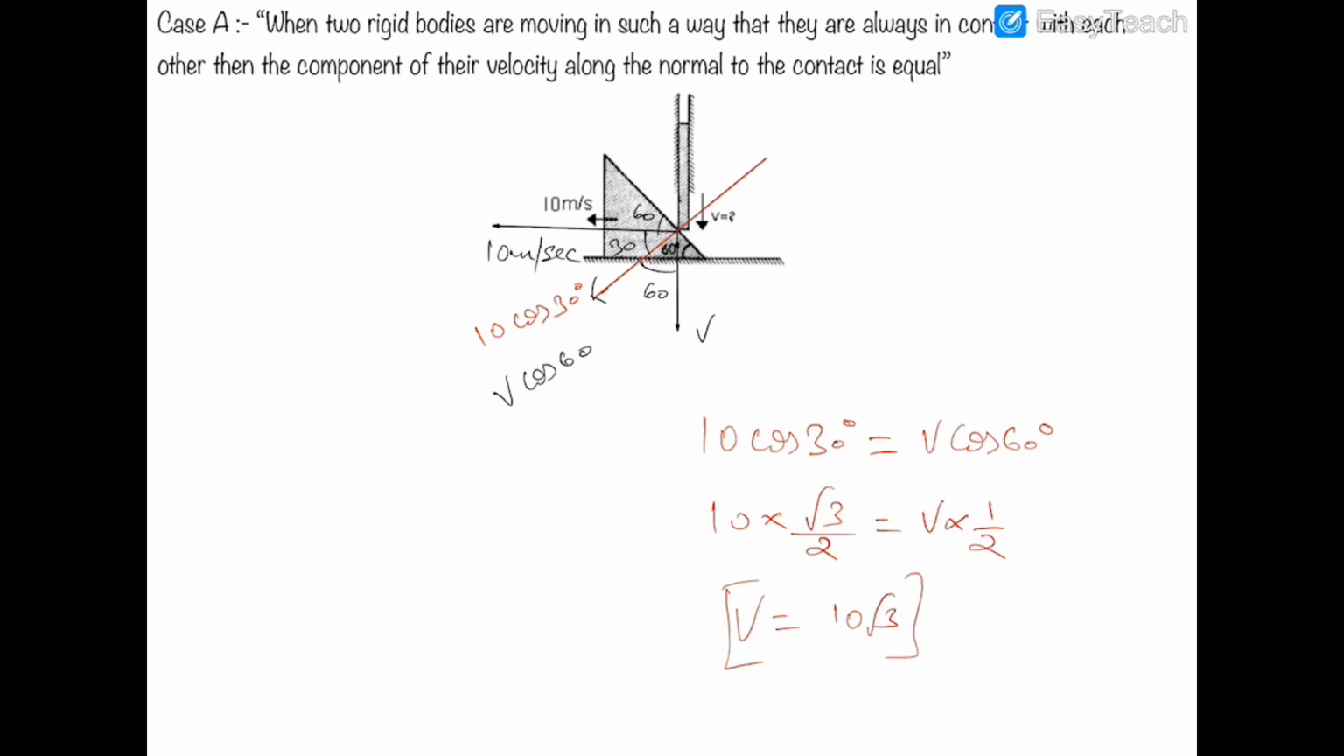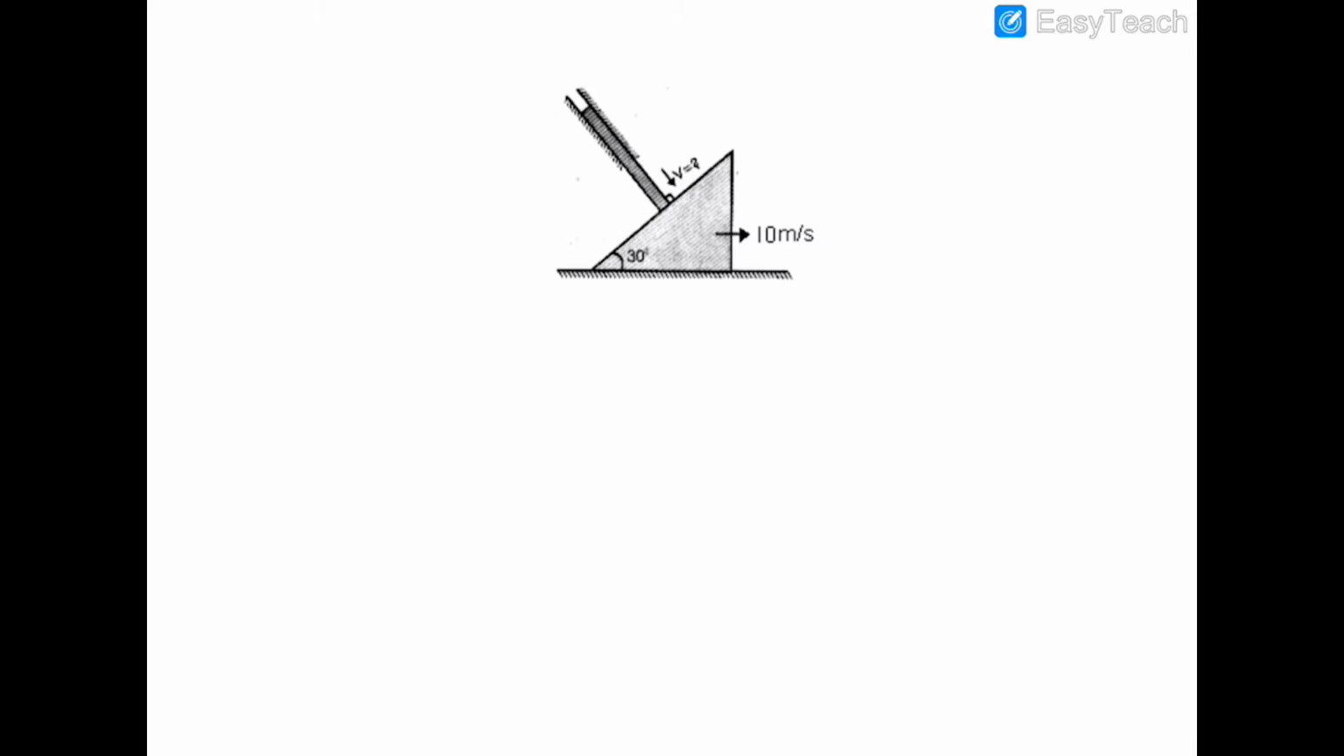So let's move forward to the next question. In this question, again we can see that this rod is restricted between these two walls to move downwards like that, and this inclined plane is restricted by the floor to move only in the right direction. So we have to find out this velocity V of the rod. So step 1 is itself done: we have to identify the direction of velocities,